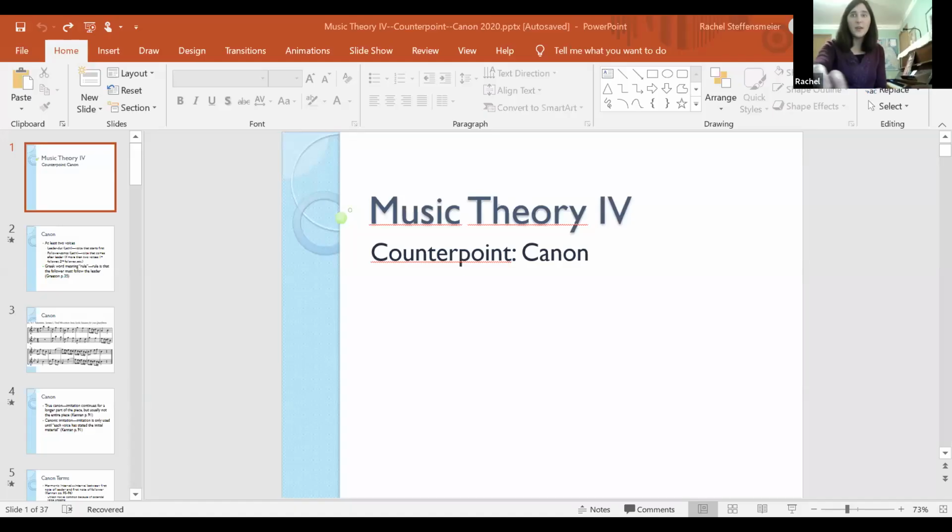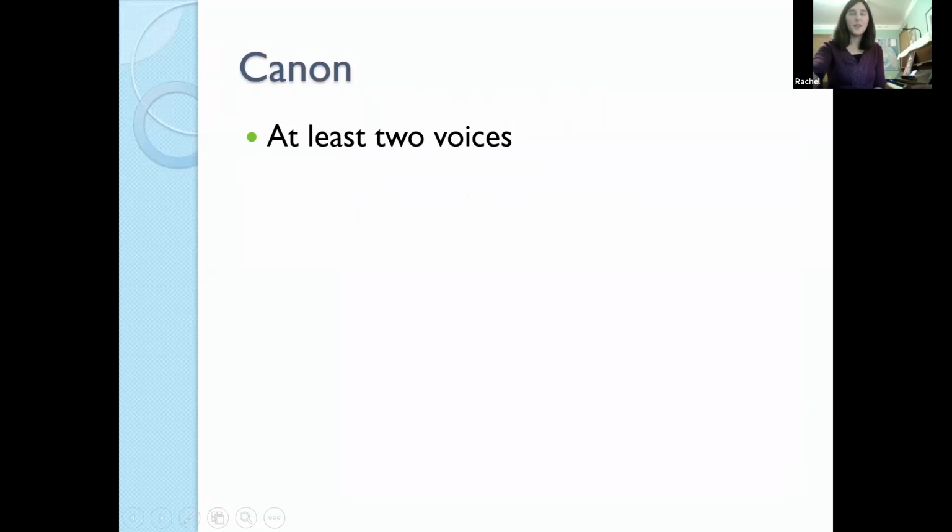Okay, so let's jump in, and we are going to look at the canon. You should have a handout about this. You've again done the reading from Gleason about it. Here we go, canon. A canon has at least 2 voices, surprise, surprise. When we're talking about counterpoint, it needs to have at least 2 voices. It's note against note. So that means that we have to have more than one note happening simultaneously, vertically. So a canon is going to fit in with what we've already talked about with counterpoint, at least 2 voices.